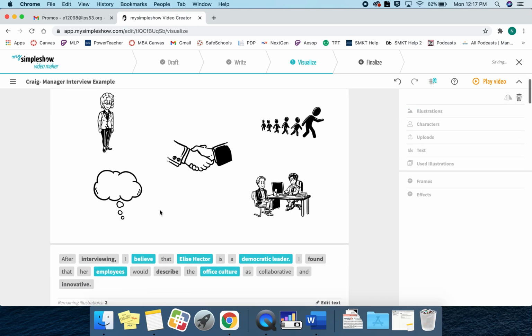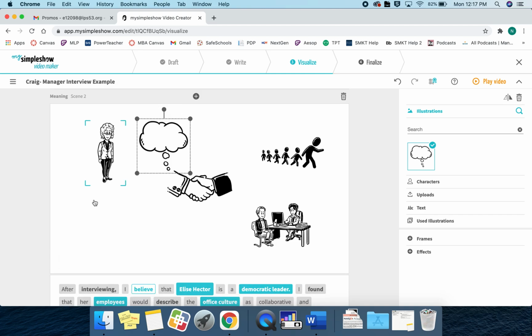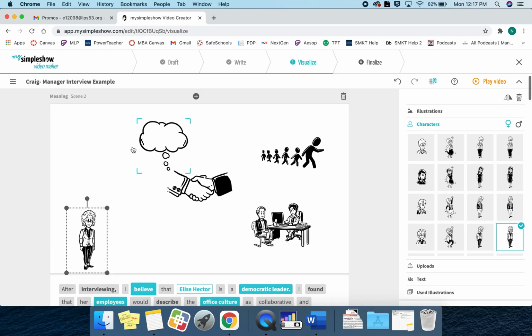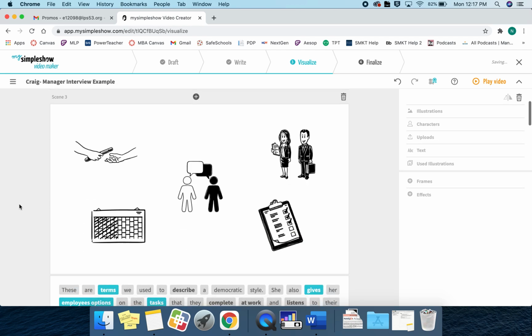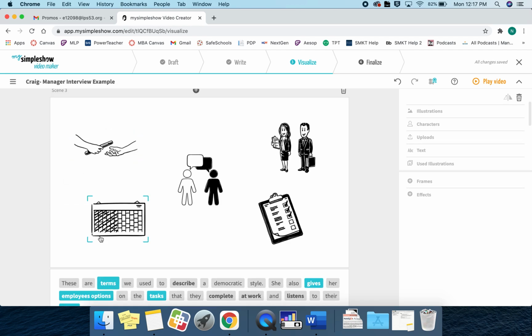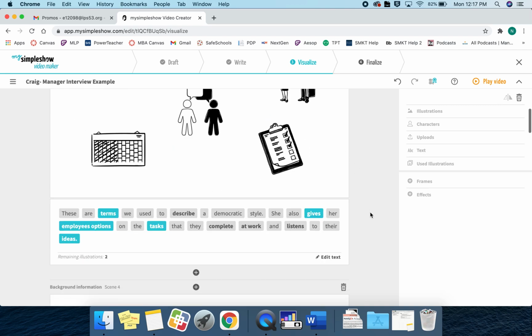So feel free to move these, change these as you see fit. Maybe I want to move this one up here and swap those locations. All of those are perfectly fine as long as you have something engaging to look at. Again, they're going to do this for every single slide. Change things as you see fit.